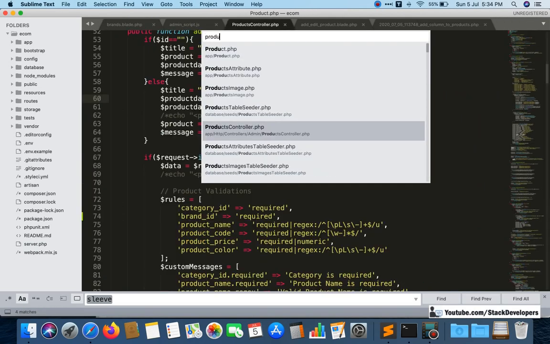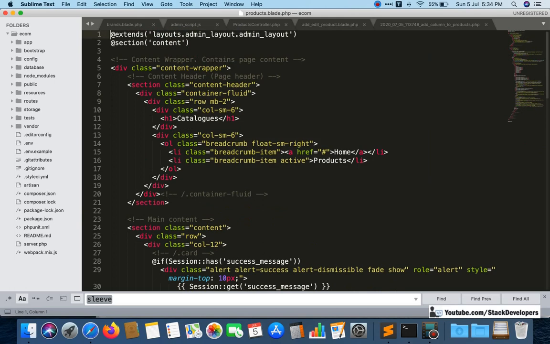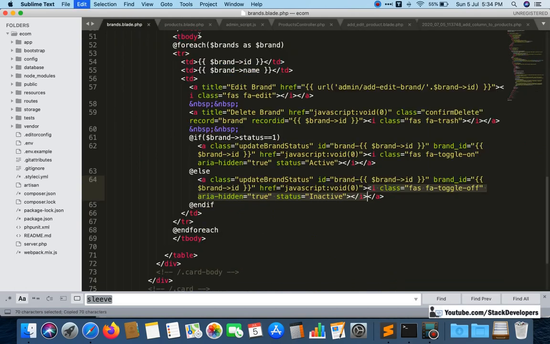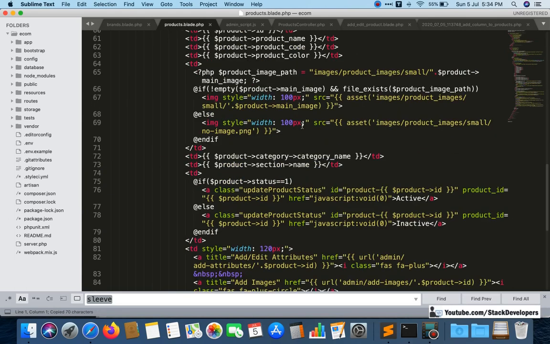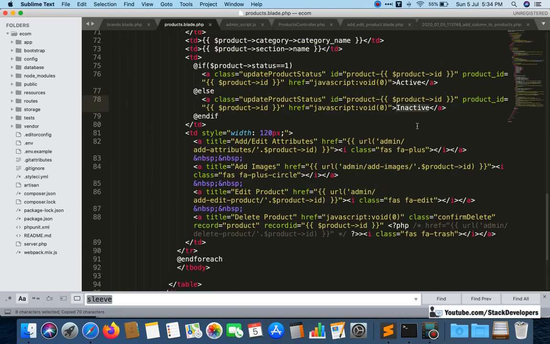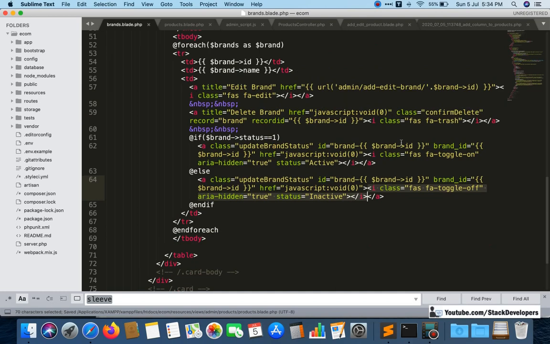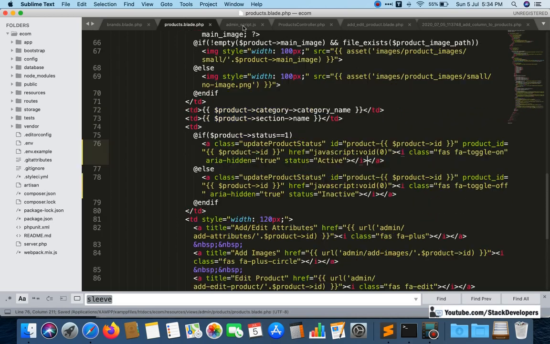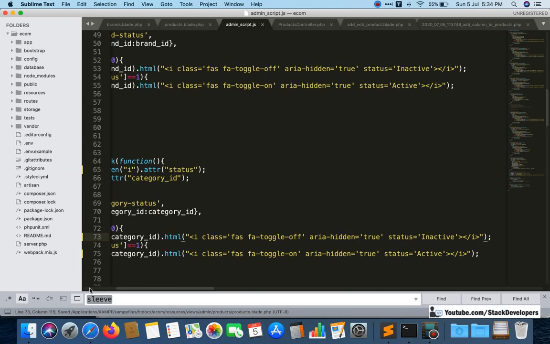So you can open the products module now, the products plain php file, and here you want to do this toggle as well. For inactive you just replace inactive, and for active like this, and for the admin script you just require